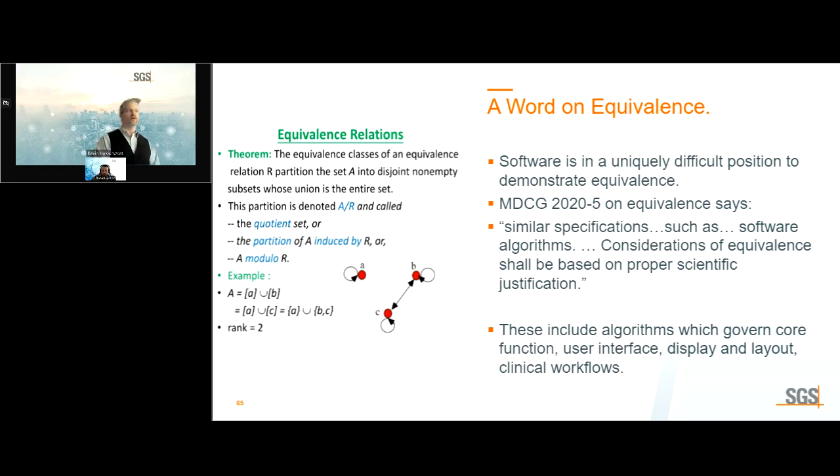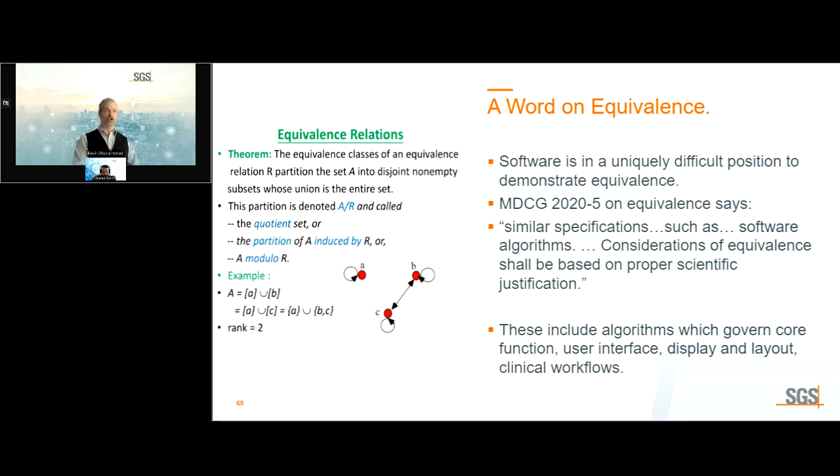Where it says similar, similar means similar. Where it says same, same means same. Truly identical, and we are not allowed a great deal of wiggle. Now, you will notice that it says similar, such as software algorithms. That can be very hard to prove if you don't have access to the data because it's a different legal manufacturer. If core algorithms have changed, equivalency starts getting very hard to prove.